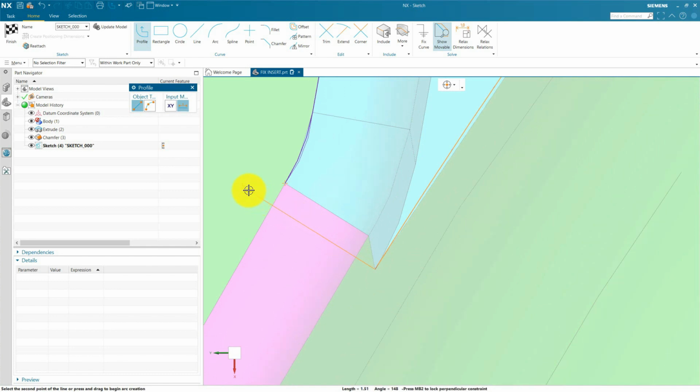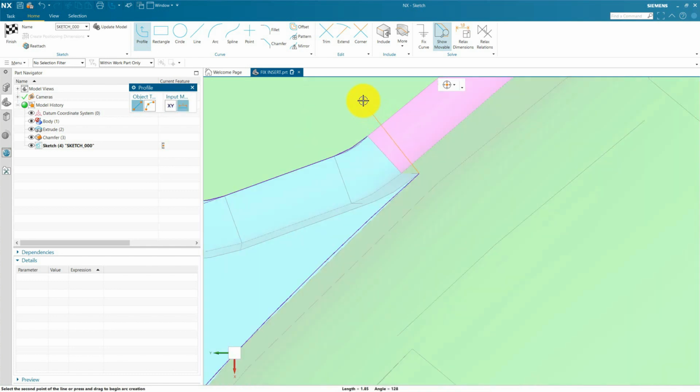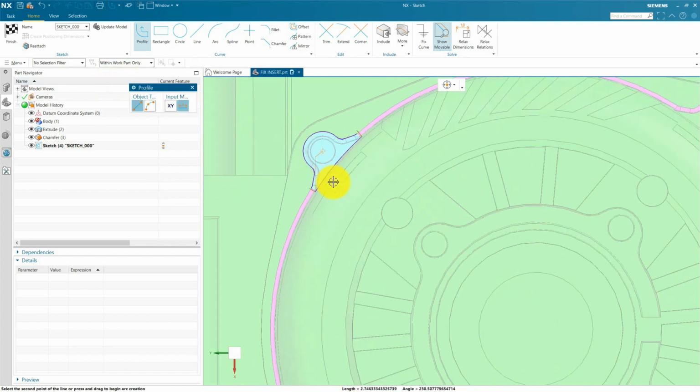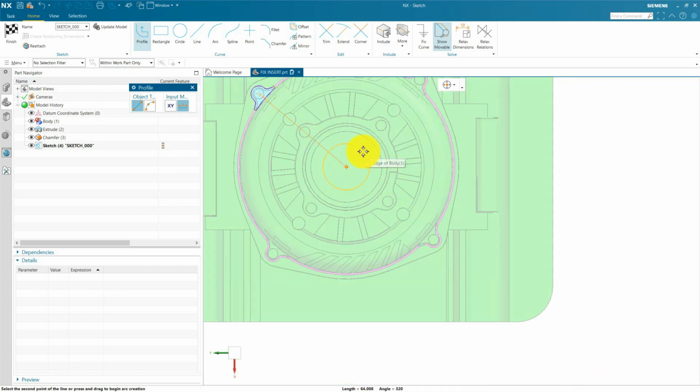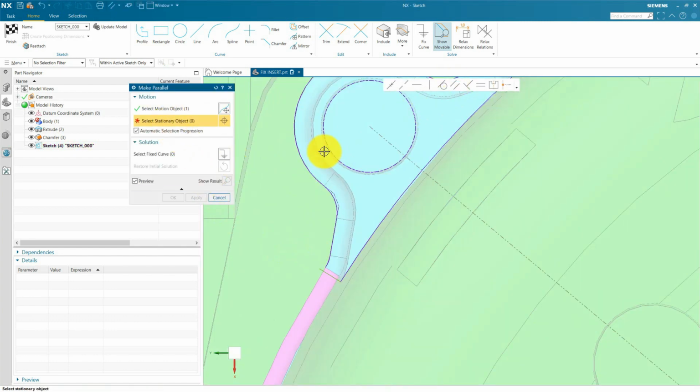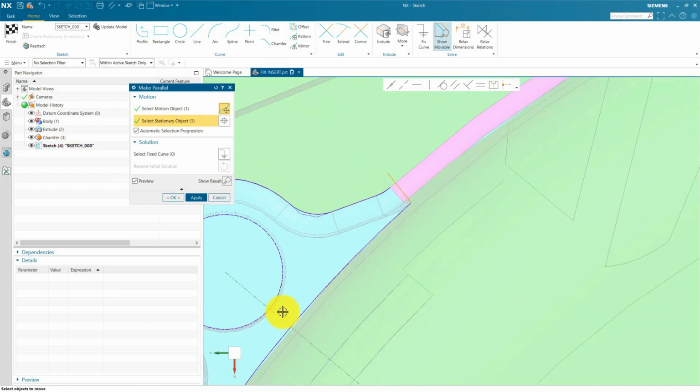Create a line. We use within work part only, and create a center line from this punch center to this cavity center, and convert this to reference. We are going to use parallel, making these lines parallel according to this center line. Okay,